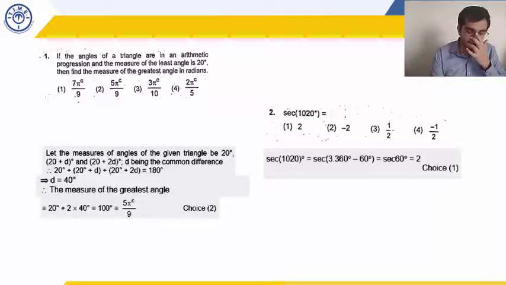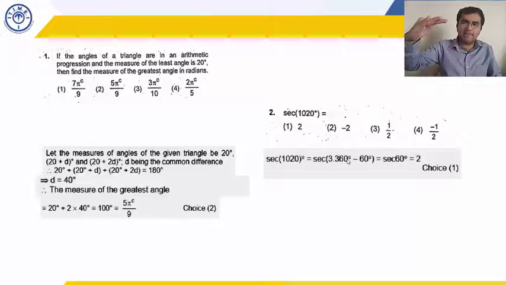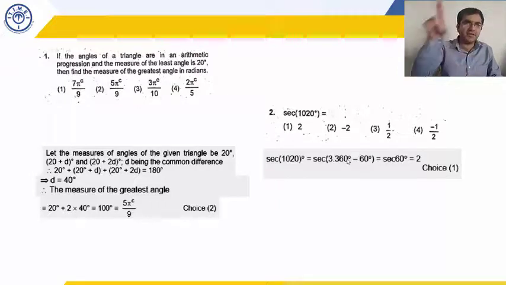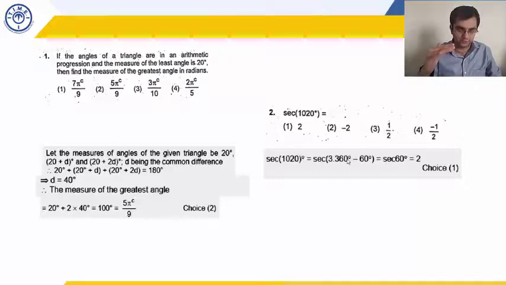See, no matter how many times you write 360, basically one cycle is getting completed. So after the third cycle gets completed, what does it say? Minus 60. So with minus 60 you come down into quadrant number 4. Quadrant 1, 2, 3, 4. So 360, 360, 360, minus 60. So minus 60, you are in quadrant 4. In quadrant 4, cos is positive, so sec is positive.